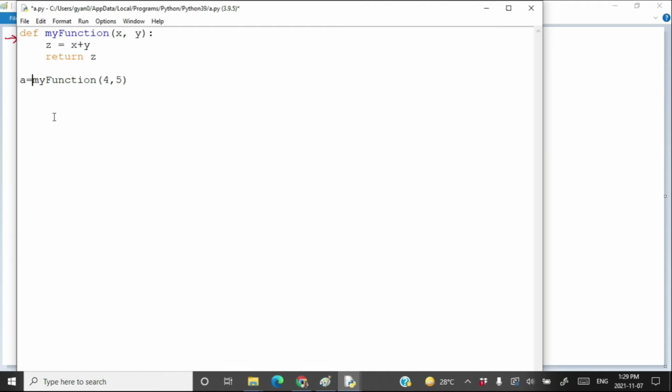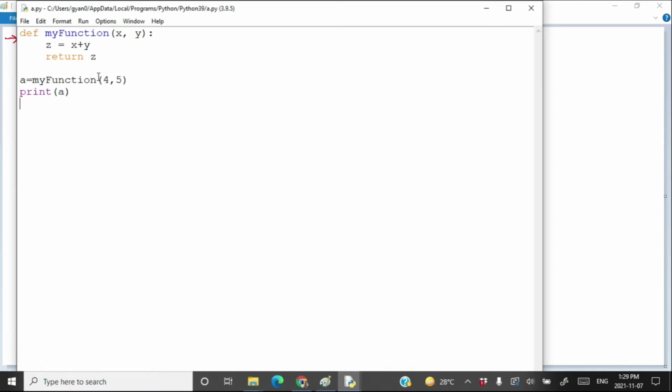You will learn about functions in more detail in class 12th. So whatever is returned by the function my function is going to be collected in the variable a, and further when you print the variable a, it is going to print whatever value is returned by the function my function.